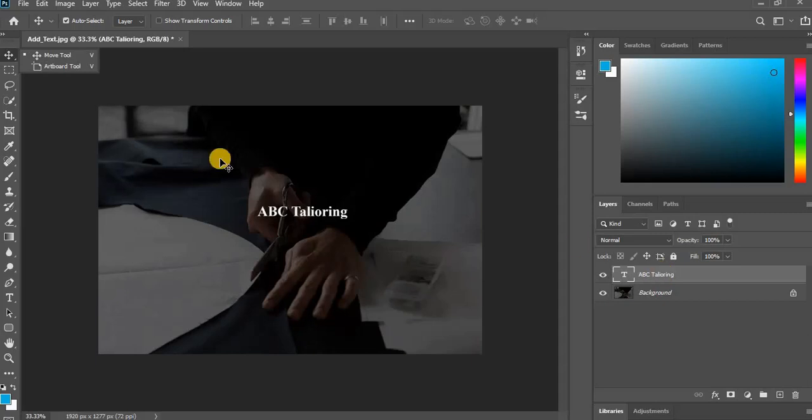So now I'm going to select the move tool. As long as your layer is selected, you can move the text wherever you want on the image. For example, I want it over here. Please remember that the layer should be selected before you can do some editing or altering on an image. Similarly, if you want to add some more text,